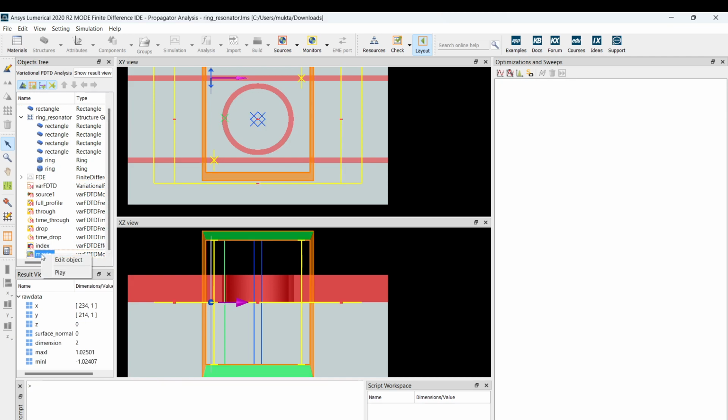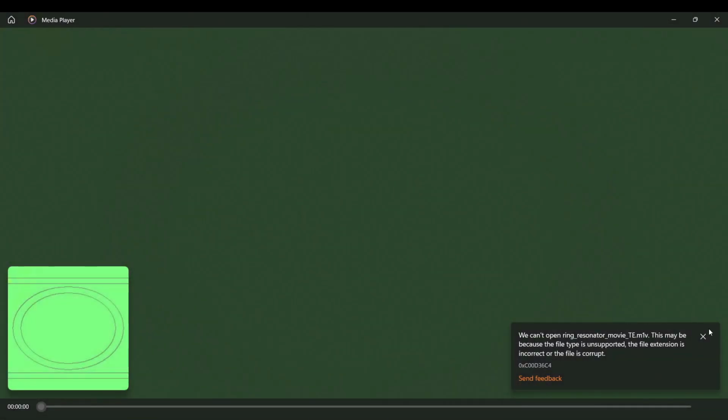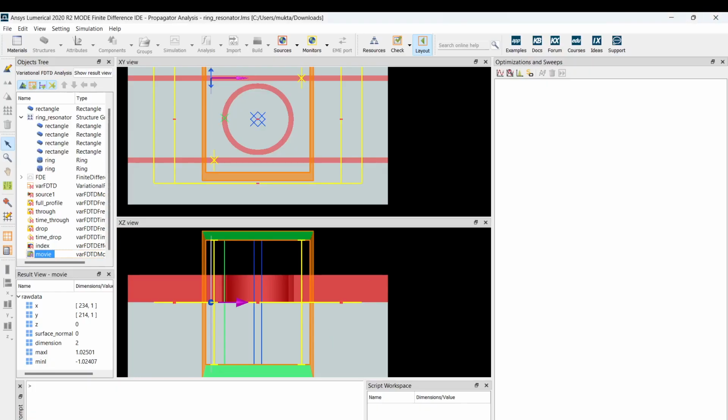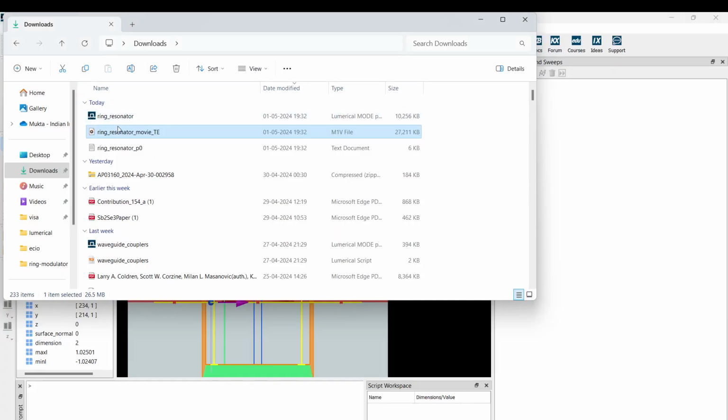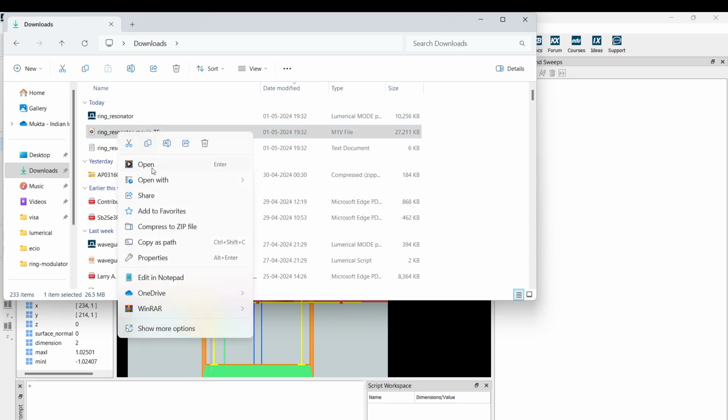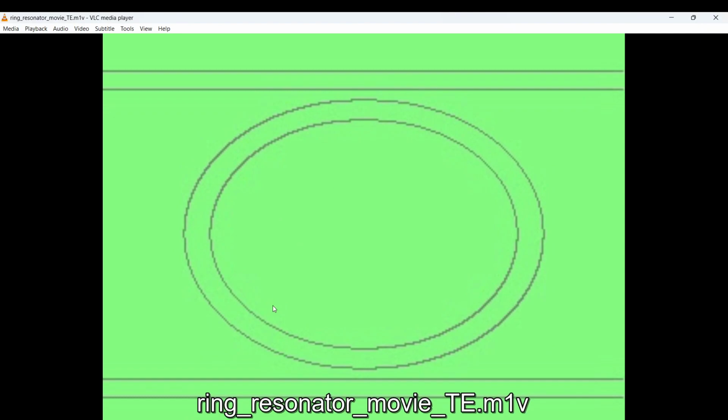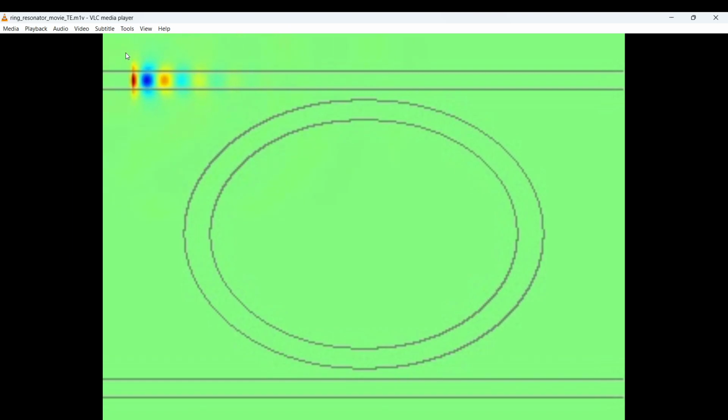So now let's see the movie. Okay. So it won't run in this. Let me go to the folder. So we see that the light is coming from the top port.